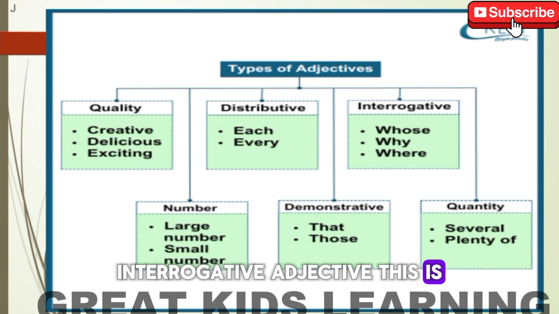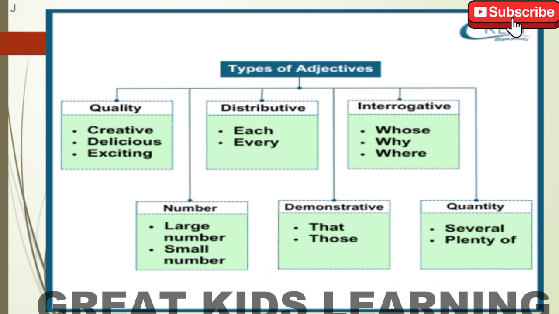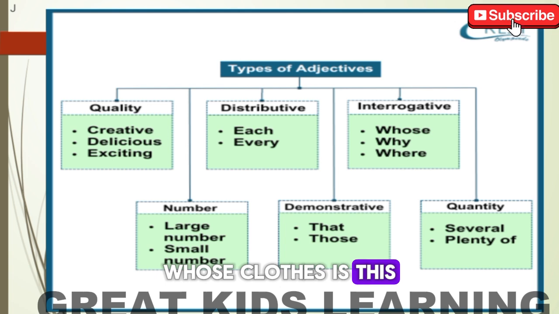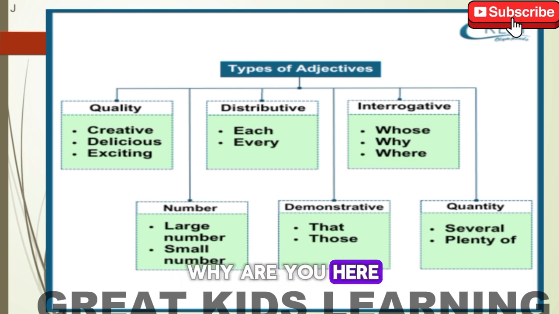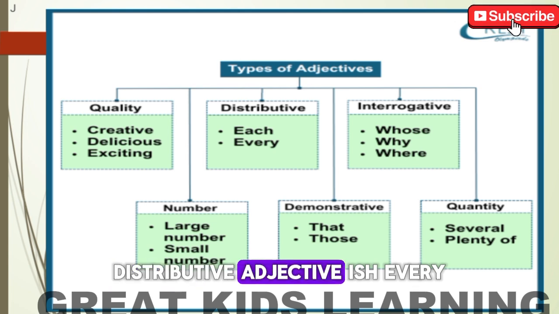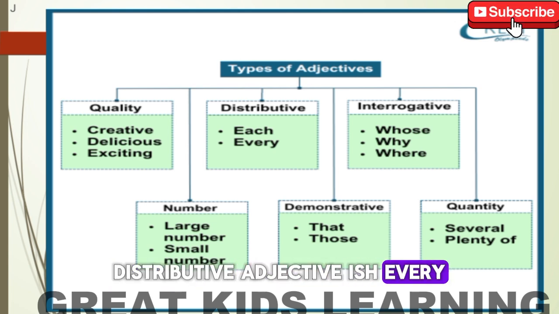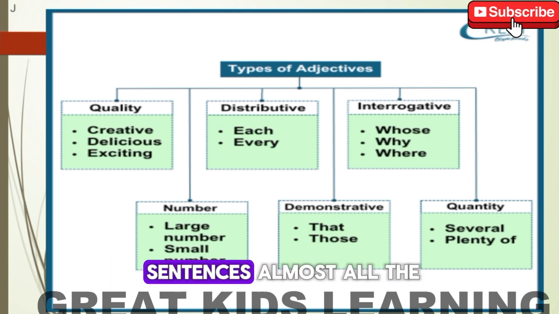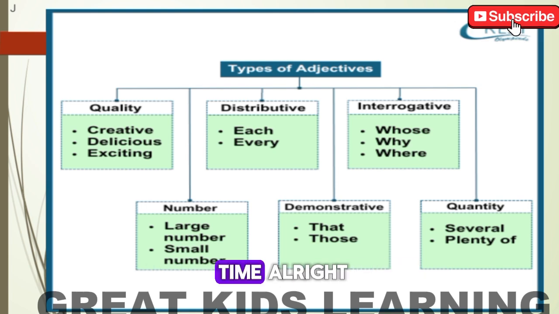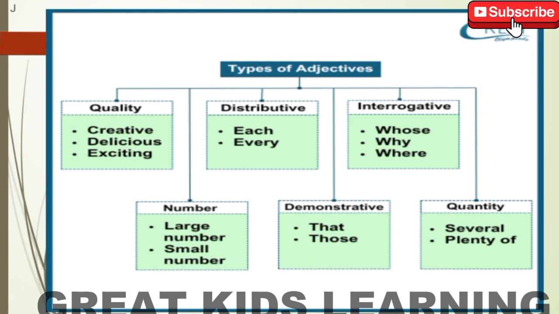Interrogative adjective. This is used to ask questions. Whose? Whose clothes is this? Why are you here? Where are you going to? Then the last one, distributive adjective. Each, every. We use this in sentences almost all the time. All right,